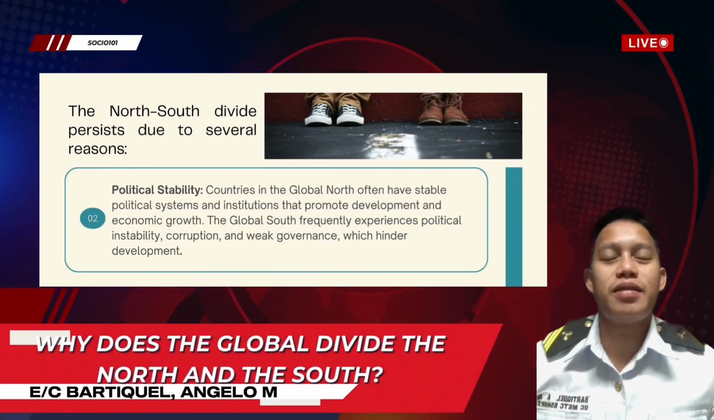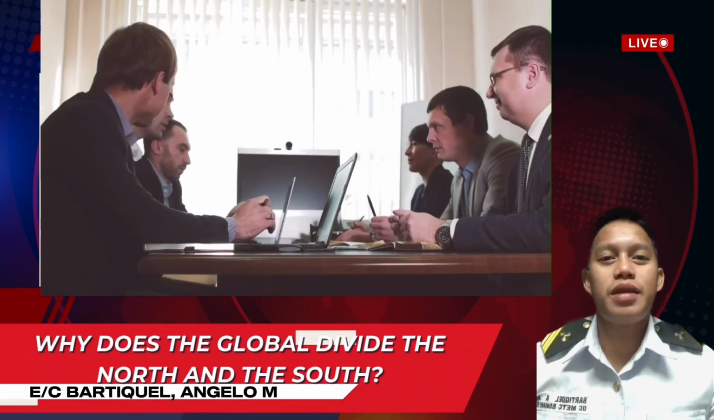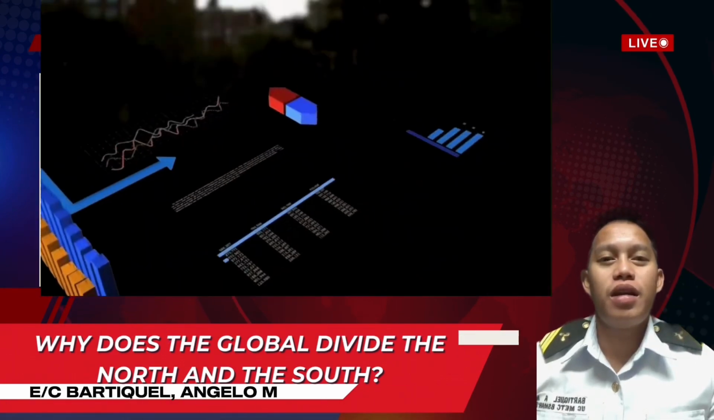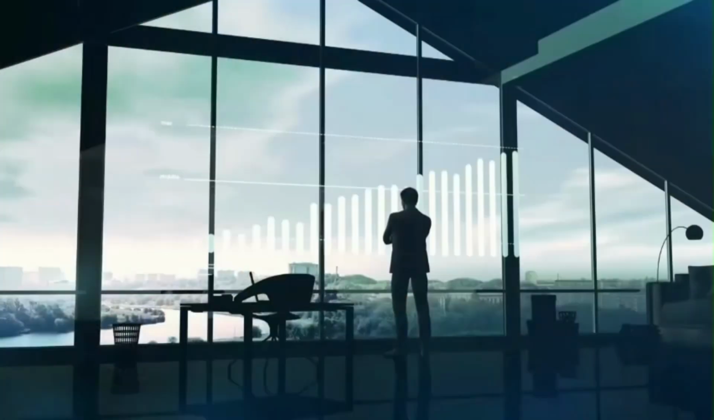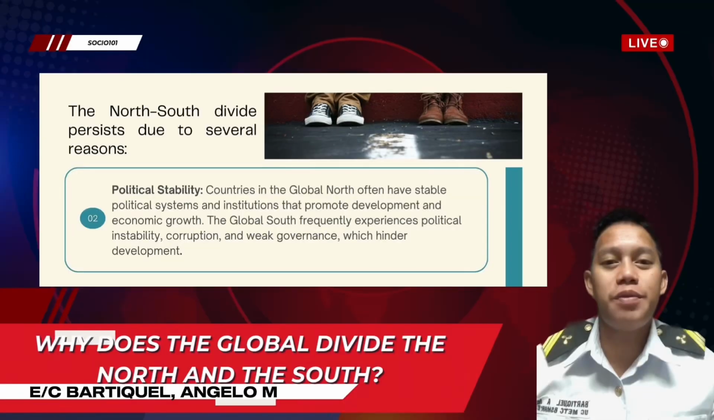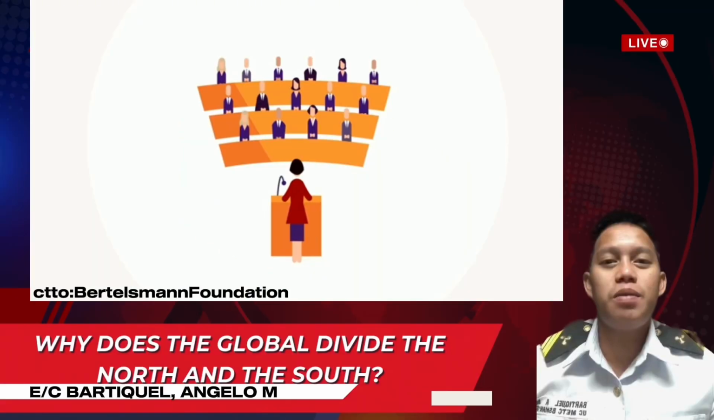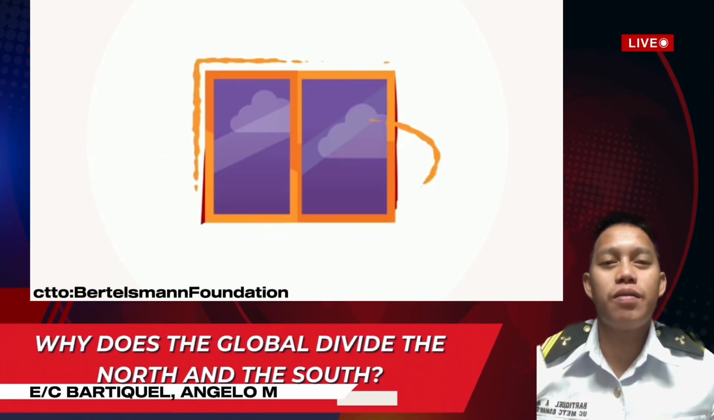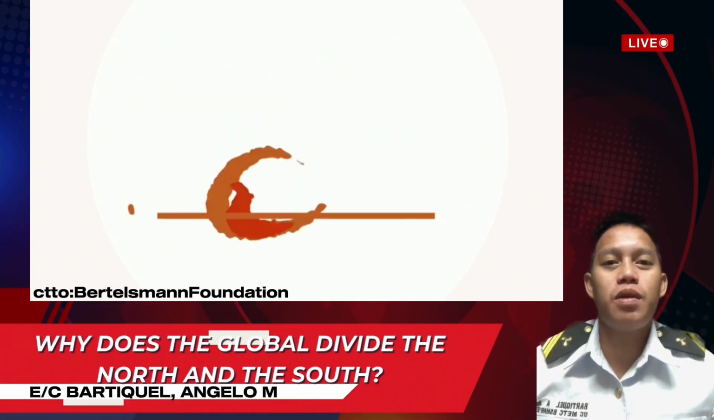Political stability. Countries in the global north often have stable political systems and institutions that promote development and economic growth. The global south frequently experiences political instability, corruption, and weak governance, which hinder development. Example: Germany, a part of the global north, has a stable political system and strong institutions that support economic growth. In contrast, Venezuela, part of the global south, has faced political turmoil,